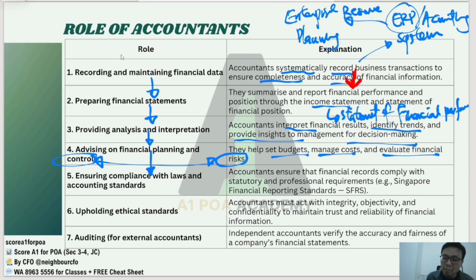So when we talk about compliances, accountants ensure that the financial records constantly comply with the Singapore Financial Reporting Standard. The acronym is SFRS. Once again, it stands for Singapore Financial Reporting Standards. Next, uphold ethical standards. Accountants are always perceived to be the independent professional business partner of the organizations that act with integrity, objectivity, nothing subjective but objective judgment, and confidentiality to maintain the trust and reliability of